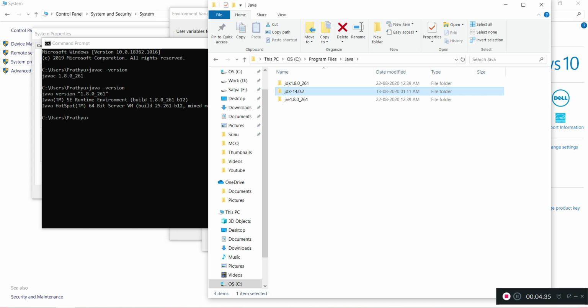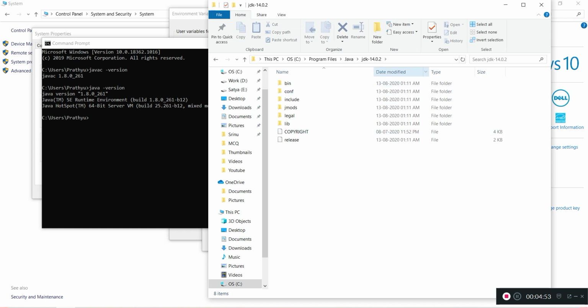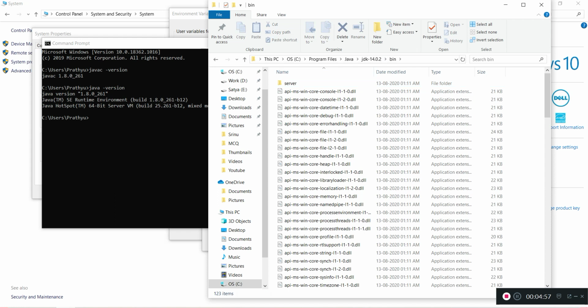Now I will show you an example of how to set to Java or JDK 14, as I already have the path set to 1.8. To set the path to JDK, we need to go until the JDK bin folder. Actually, what is this bin folder?